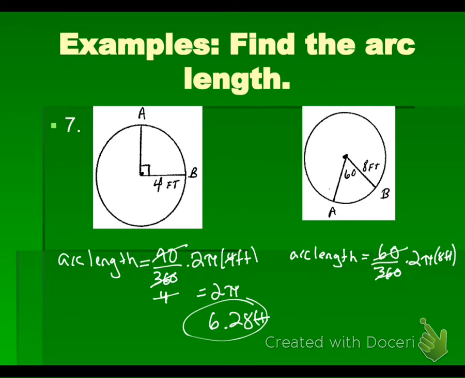Well, 60 goes into 360 6 times. 2 goes into this 3 times. You end up with 8 pi over 3. Not yet, guys. What do we get for our final answer? You have a calculator, so I provided that to you. 8.37 feet. On your way out, make sure you